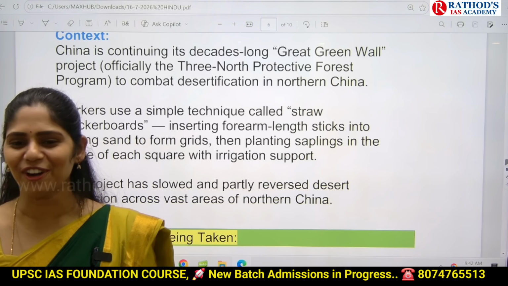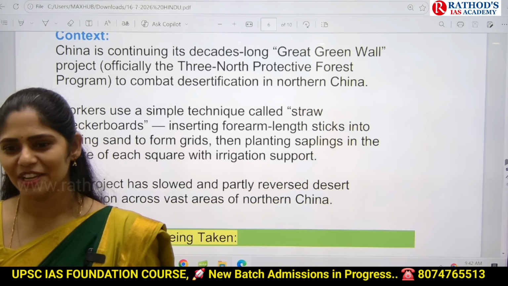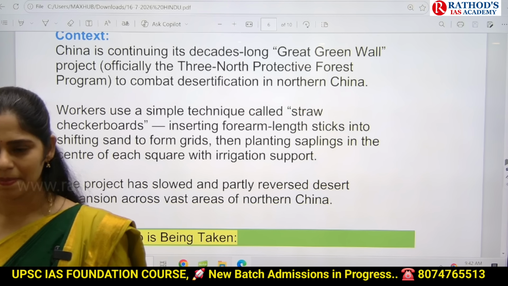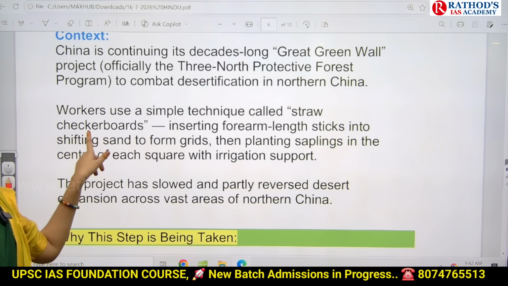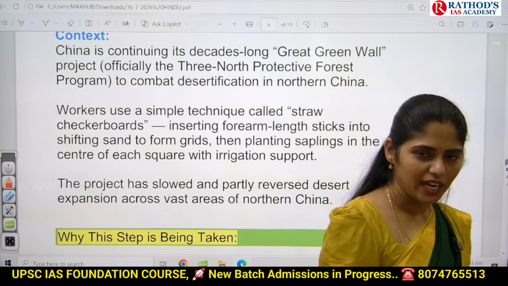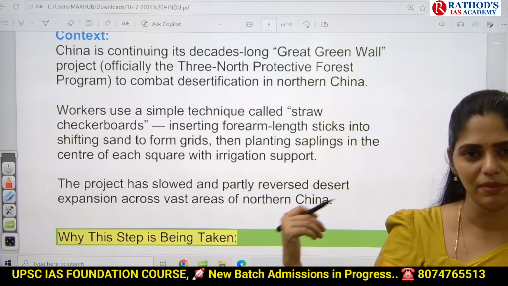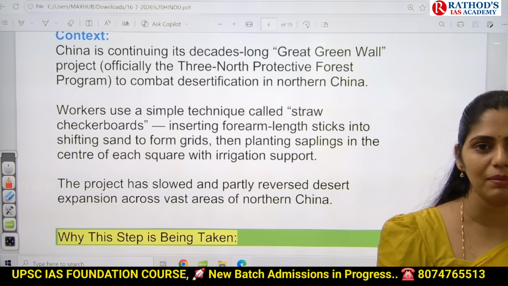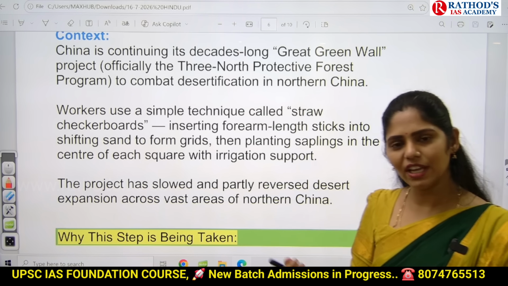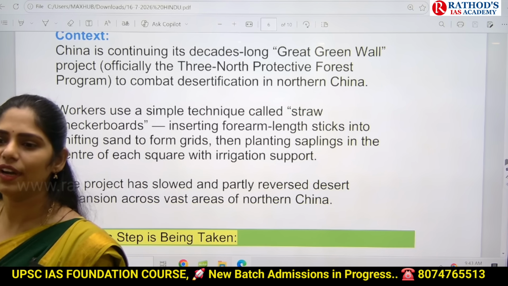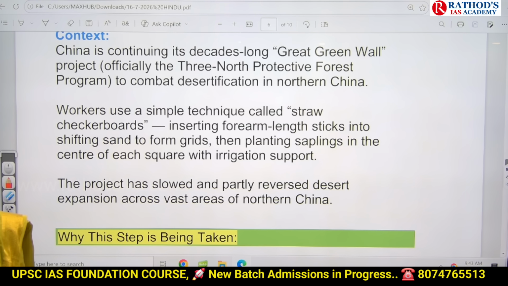But we Indians will not use that kind of technique. But we are learning these kinds of techniques from different countries now. Okay, they will be using that kind of thing. Why? Because the plant saplings will get moisture continuously, and they are growing that kind of plants in this desert region. So there will be no possibility of water availability every time. So whatever water we are spraying, that can be stored, and it is biodegradable, and it will provide efficient nutrients for that plant growth. So that is the technique they will focus on.